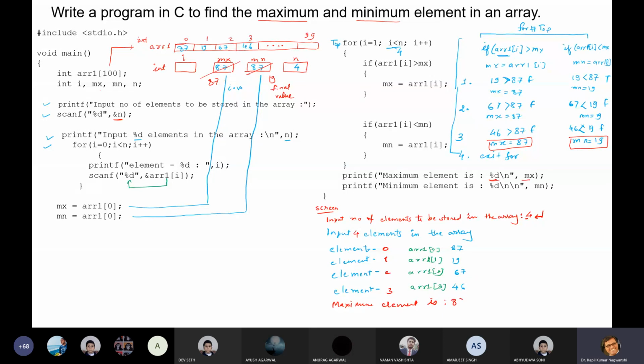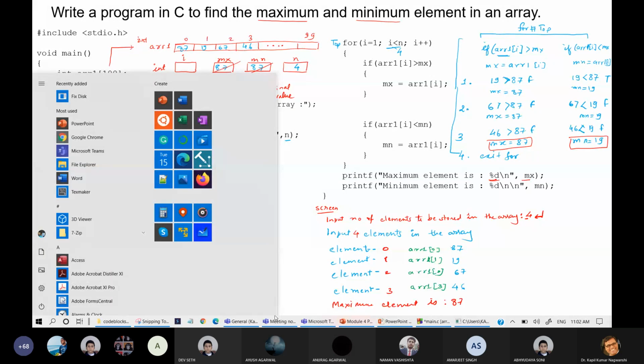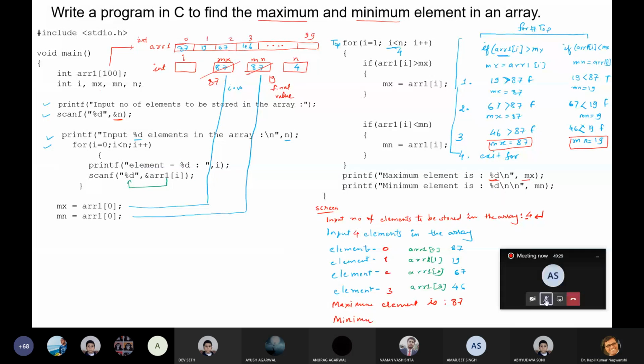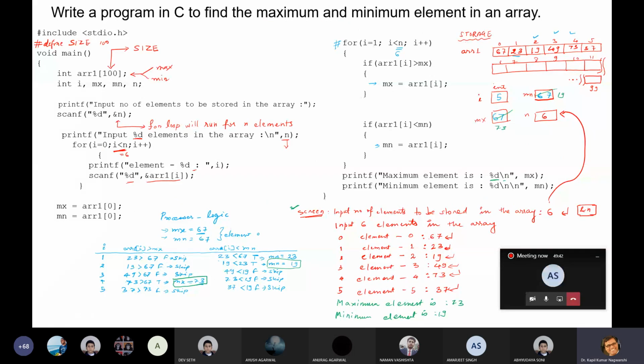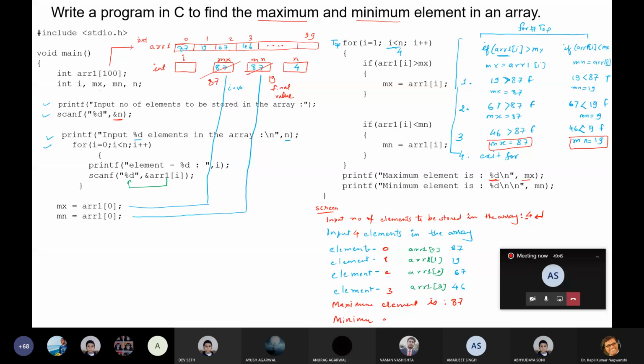So this is 87, and then a new line, automatically. Minimum element is 19. It is taken from here.